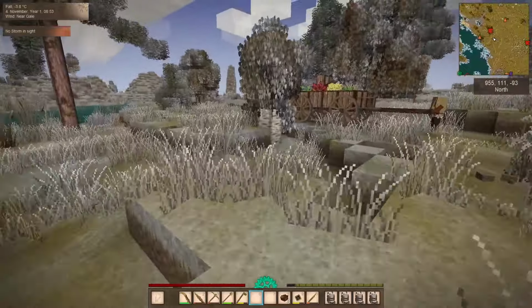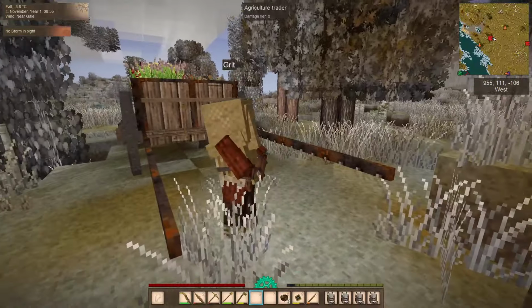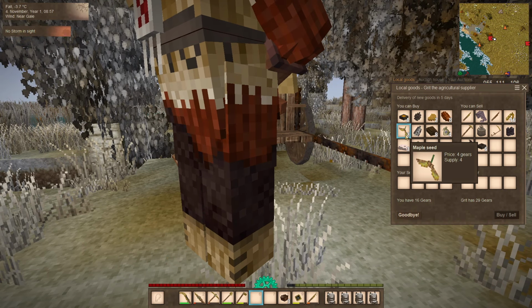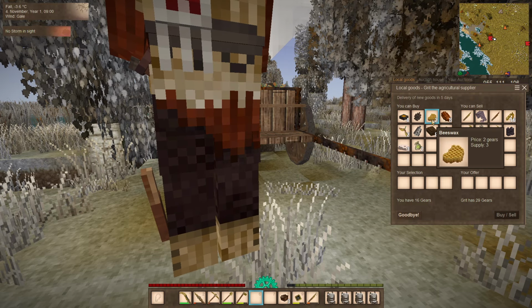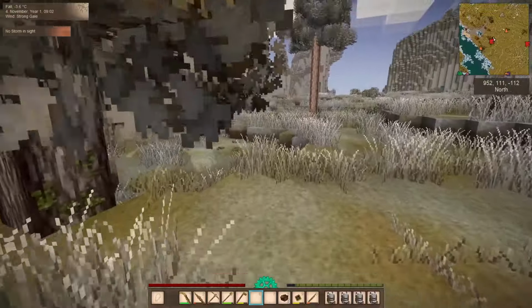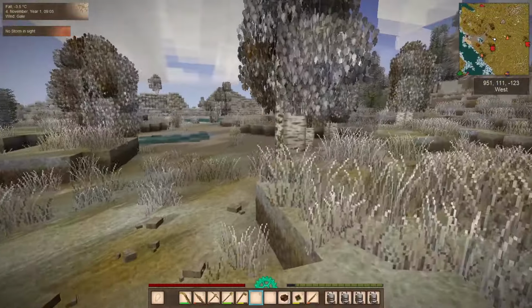You are just the agri trader, aren't you? I think you're very unlikely to have anything I want. Cabbage perhaps, but I think I've got cabbage seeds. No, we'll save our gears, and we'll continue over and grab some of this fire clay that